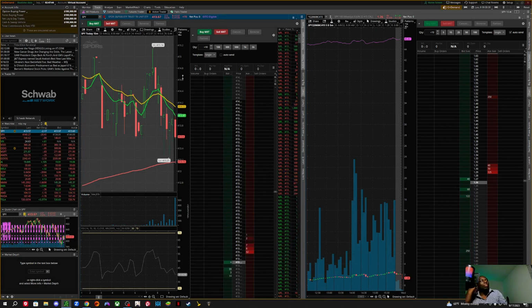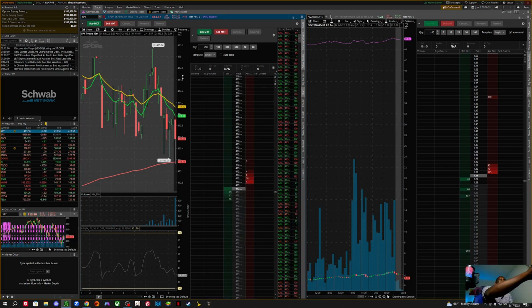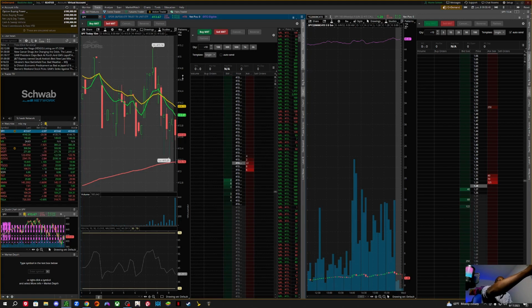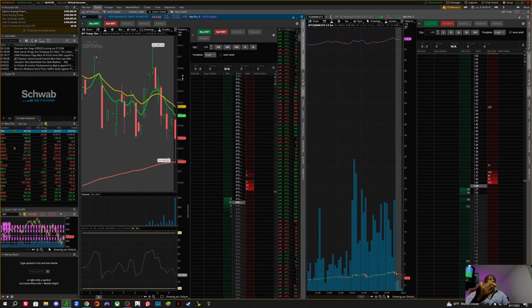So I'm seeing my idea come to fruition, but I'm looking at these wicks right here. I'm looking at those long wicks and saying that it's been bouncing. And as you can see, there is some power right there. There's some buying power right there. There's some buying power right here, but I'm waiting for it to come down to the 200 EMA. As it comes down to the 200 EMA, I'm getting antsy. I'm ready to get in.